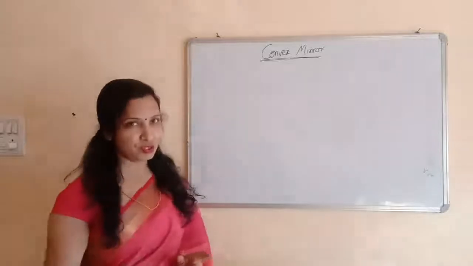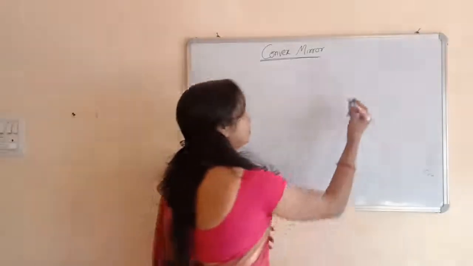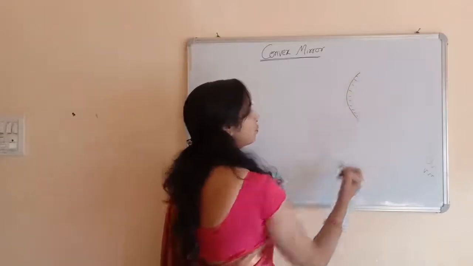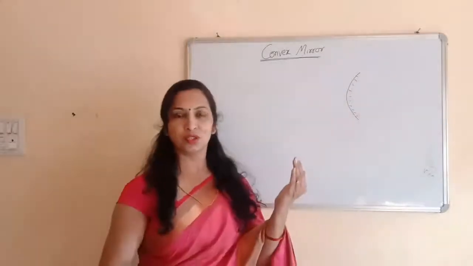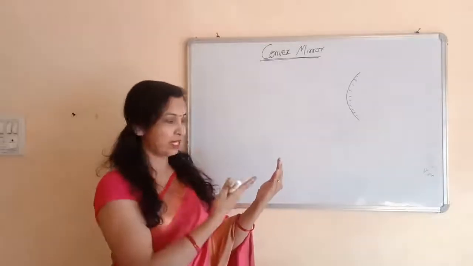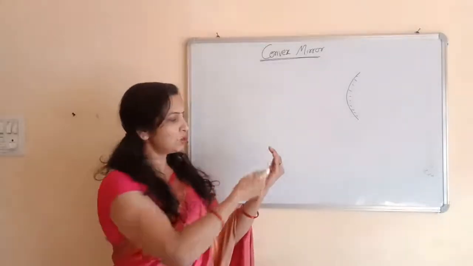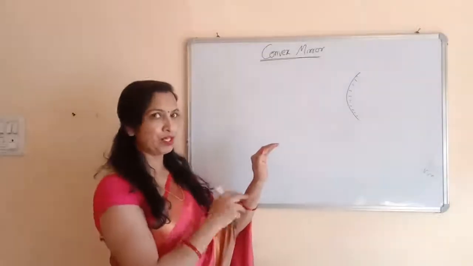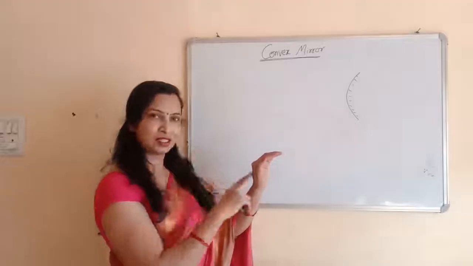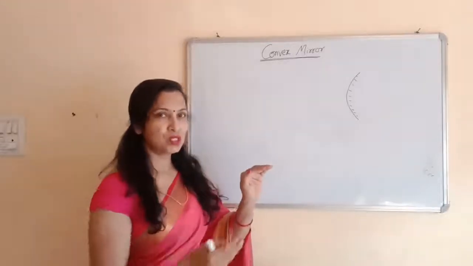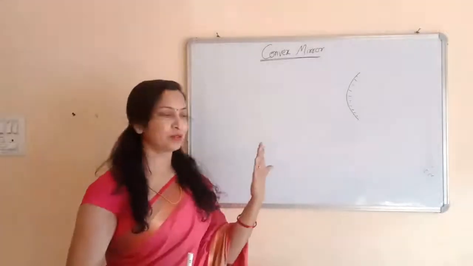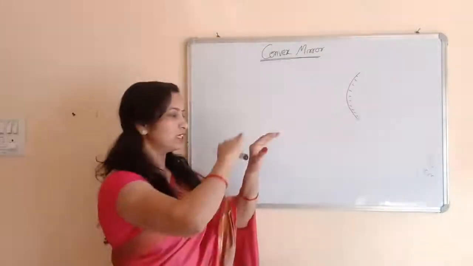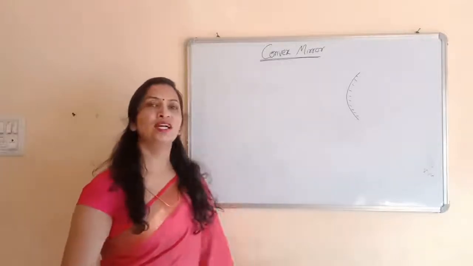So first of all, we should know what is a convex mirror. The mirror which is bulging outside, like this. So suppose a spoon. If we see a face like this in a spoon, this is the concave part. And if we turn the spoon like this and see a face, this is the convex mirror. A plane mirror, you have seen the plane mirror. This is the plane mirror. And the mirror which bulges outside, which is raised outward like this, is called the convex mirror.